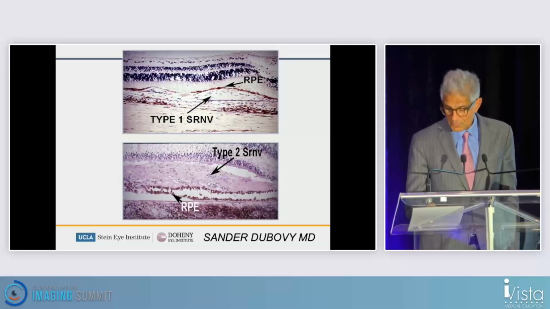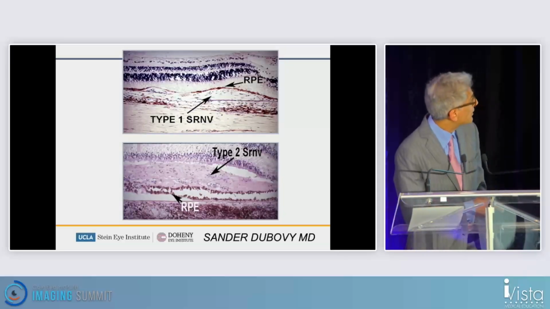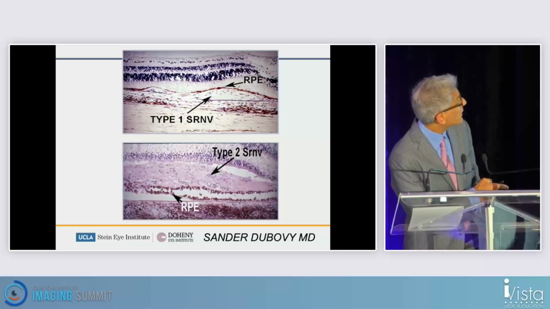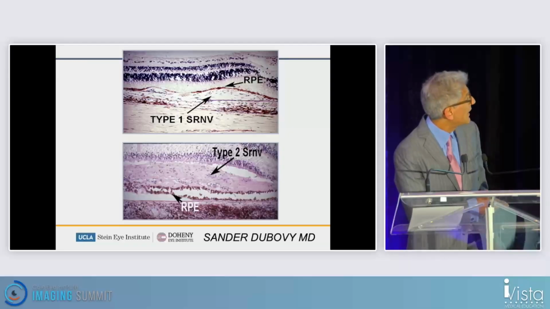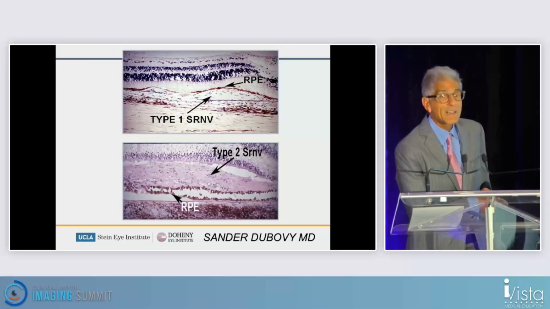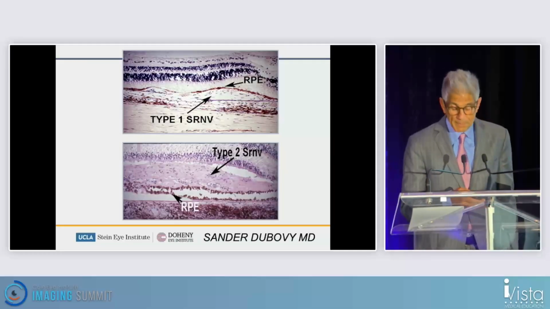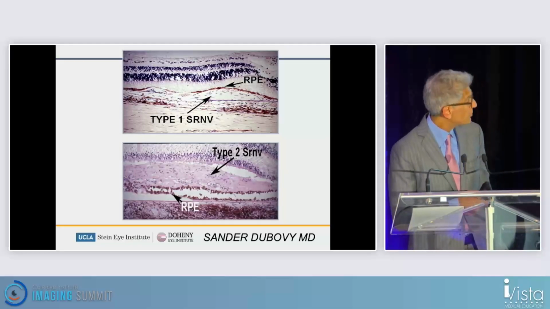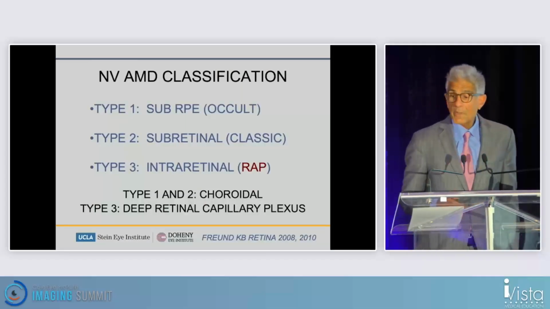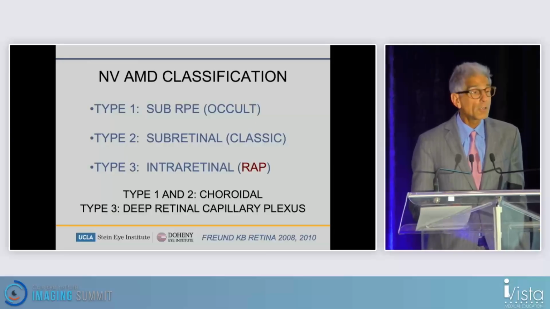And you could see this histopathologically, as I mentioned, type 1 under the RPE causing a PED, and type 2 breaking through into the subretinal space. This correlated with the classic well-defined neovascular subtype that was described at that time with fluorescein angiography. But with the advent of depth-resolved imaging, we were able to establish a third component of the neovascular form of